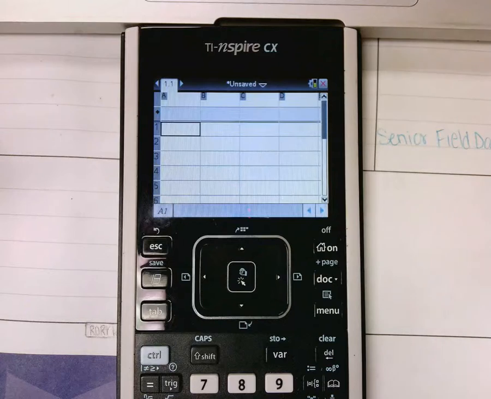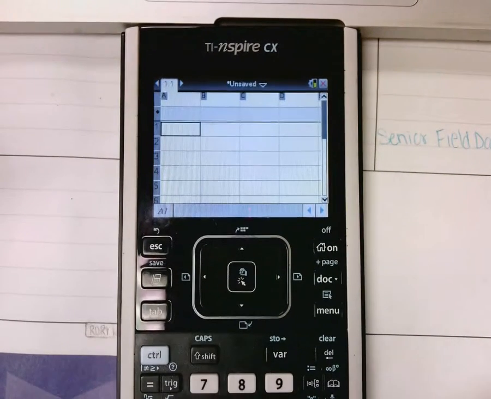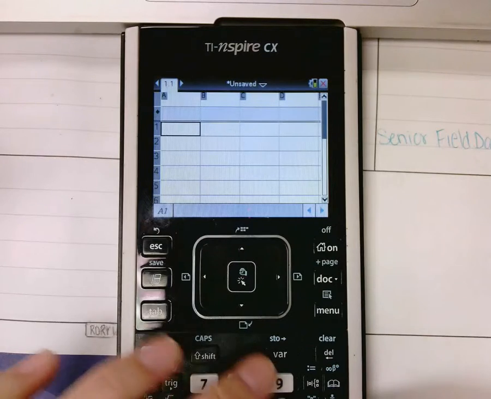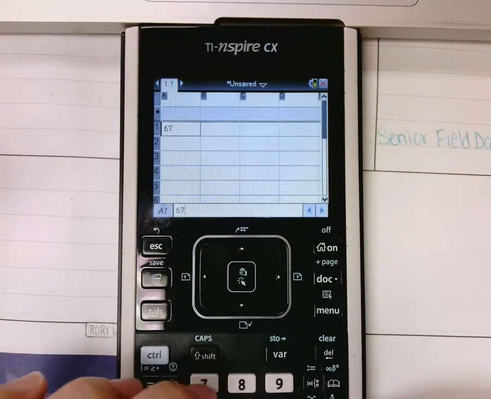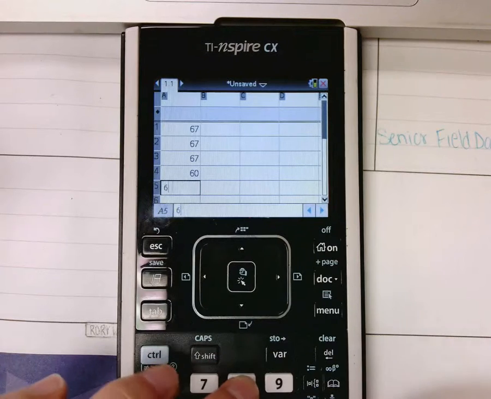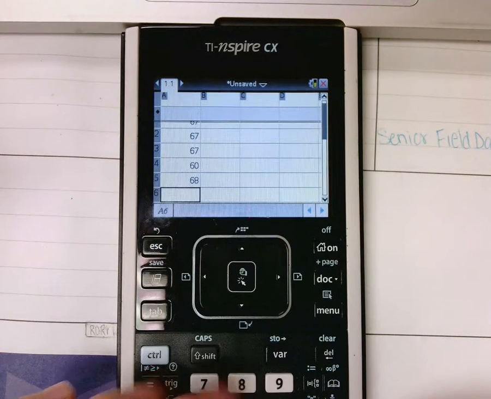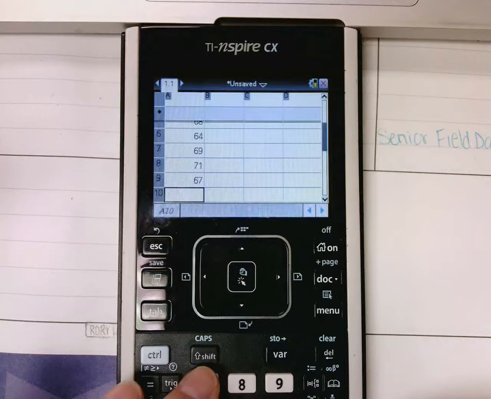So in your first column, we're going to type in these numbers that I wrote on the board that are representing inches of females. So in no particular order: 67, 67, 67, 60, 68, enter, 64, 69, 71, 67, 67,